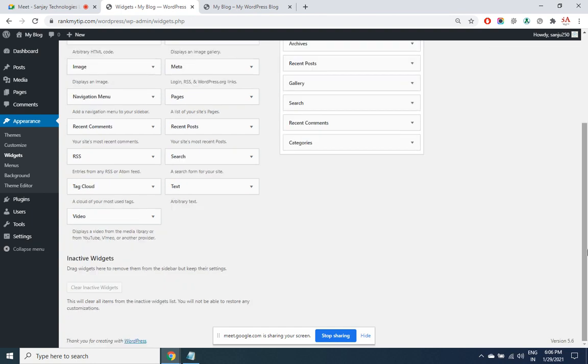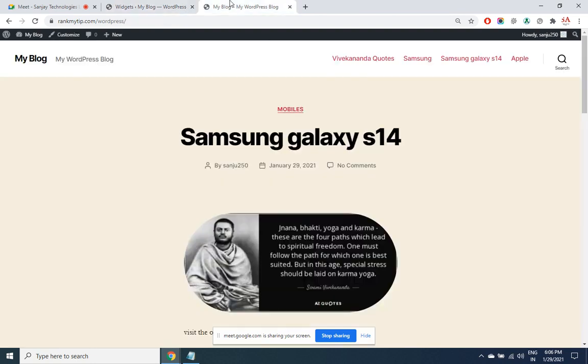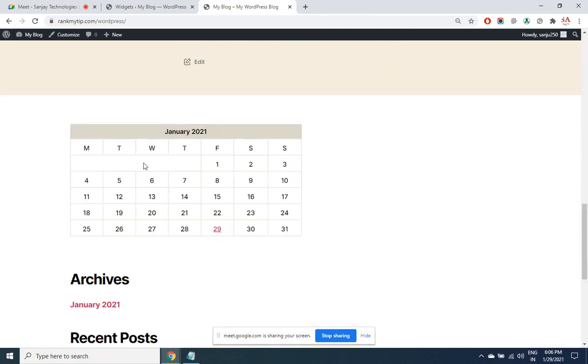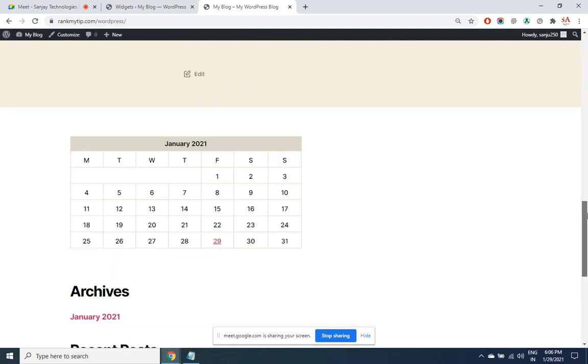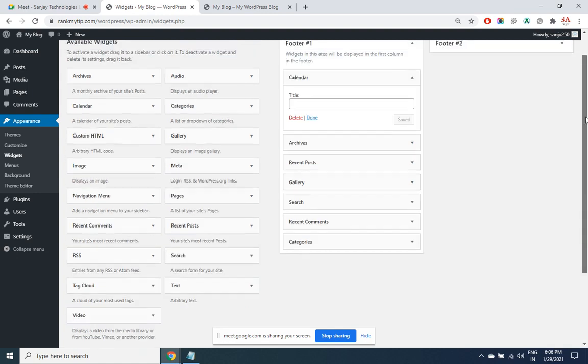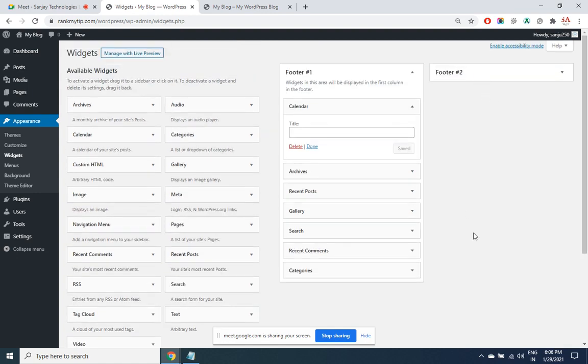So we have added a gallery and calendar. Let's see if we are able to get that. Yes, there is. My theme does not support the sidebar, that's why we are only having footer here. But in case you have used a sidebar theme, even sidebar option will also be there.